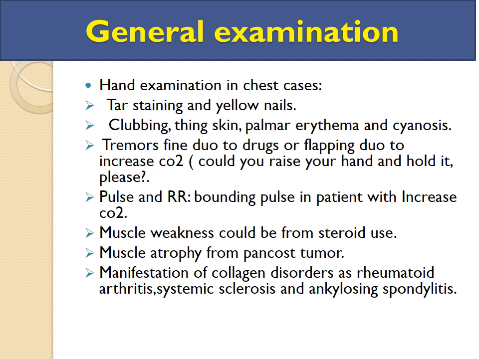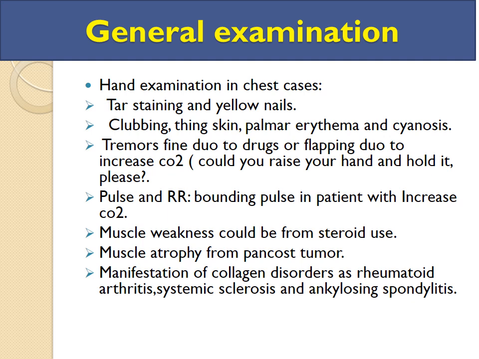Also, during examining the hand, please look for any wasting of the fingers. What does that indicate? Maybe this patient has a lesion in thoracic 1, or pressure due to a Pancoast tumor. So, general examination until now will give you a lot of clues. If you find one of these clues, it will give you data before you examine the patient's chest